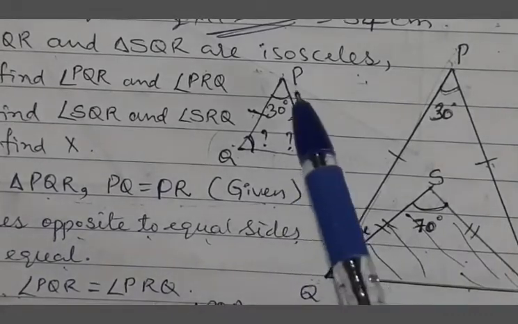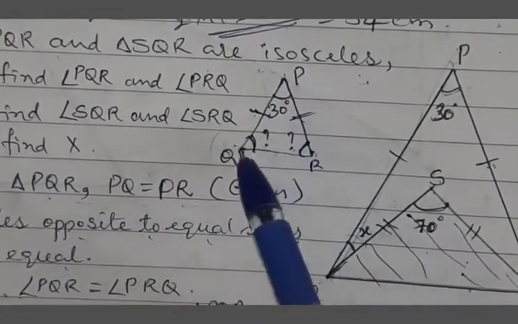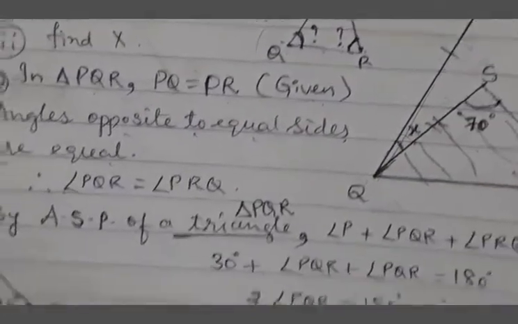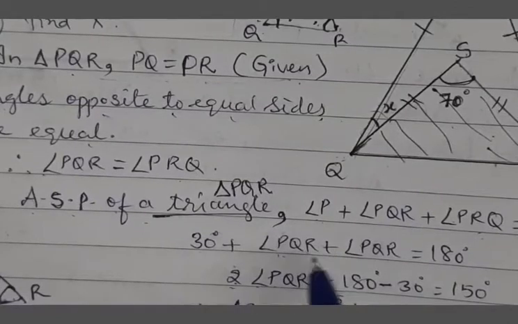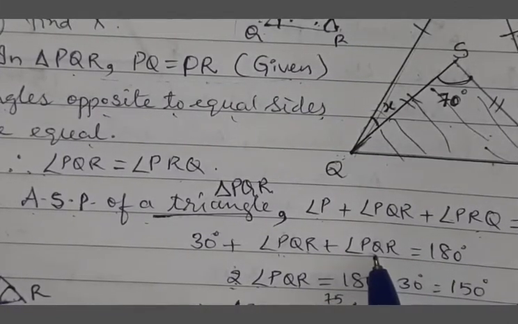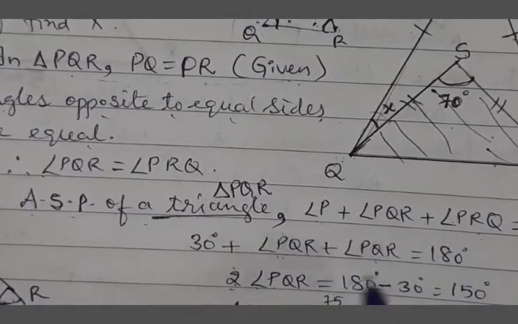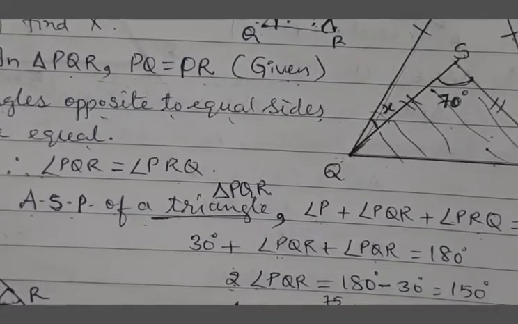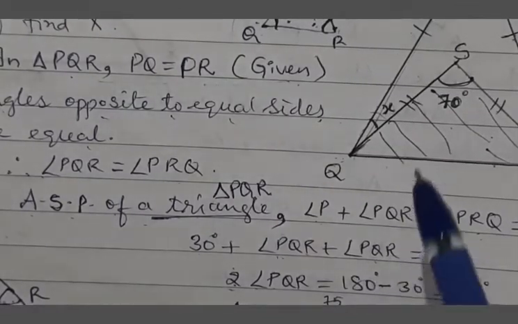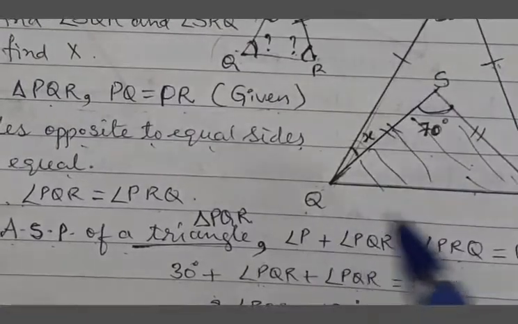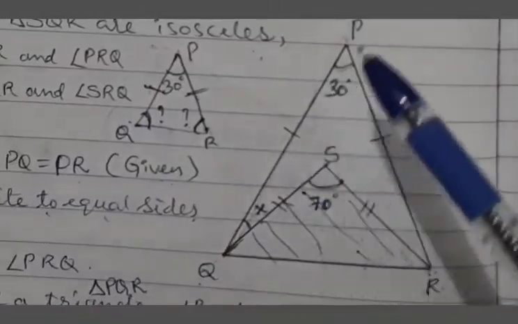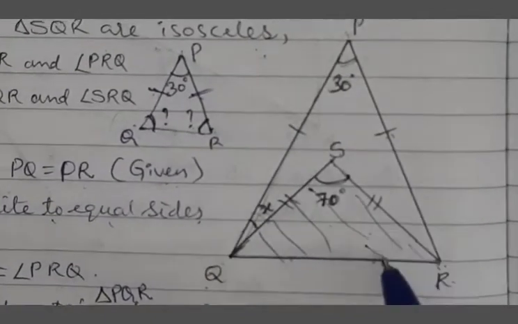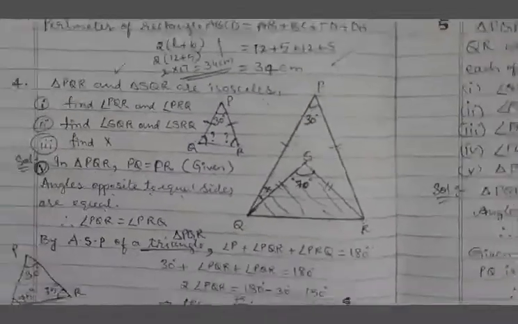Observe here. PQR, angle P is 30. These two are equal, but what the value together is the question. That is mentioned here, you can see 30 degrees plus angle PQR plus angle PQR, because both have the same value. One number I wrote 180. So 2 times of this is equal to 150. So 1 time is equal to 75. Therefore, angle PQR, otherwise angle PRQ, both are equal to 75 degrees each.